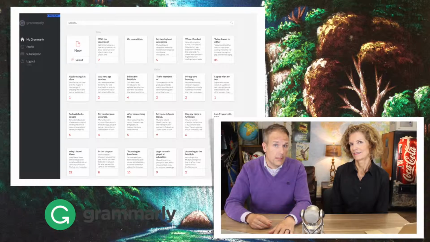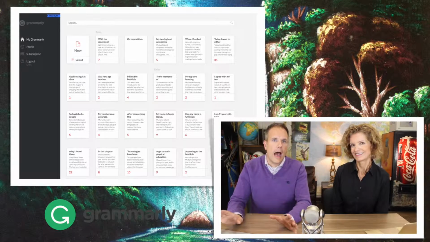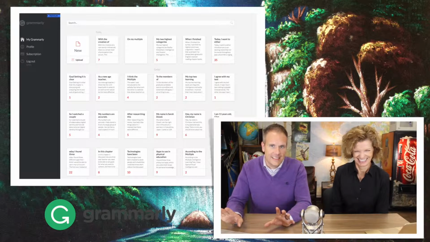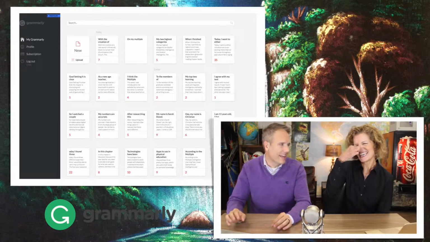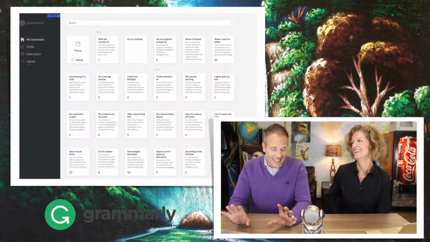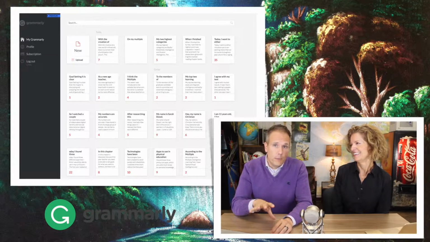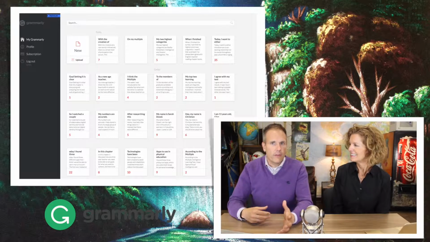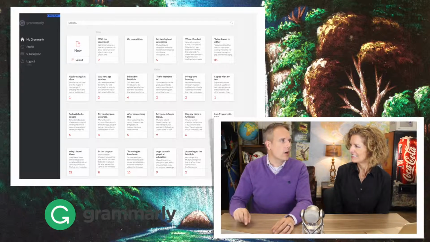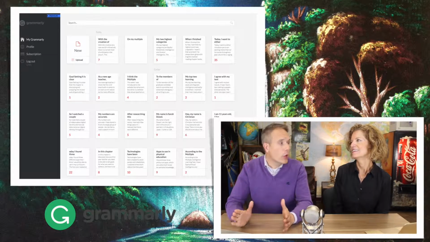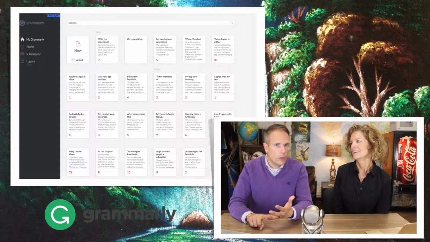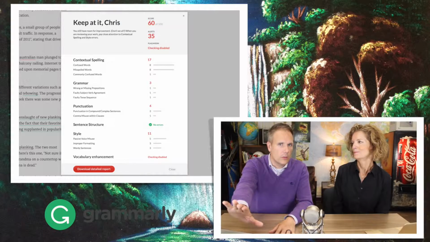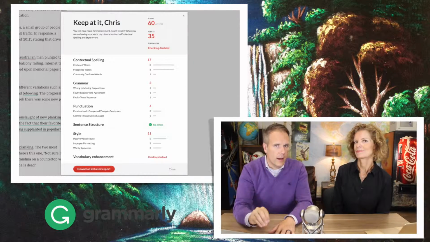Your student sends in something to you, and it is just a hot mess. A hot Internet Explorer mess. Yeah, I said that browser name again. It's stinky, right? And yes, it is. And you either paste in or upload that document. Then it tells you everything that's wrong with it, gives it a score. You can click on that score and download a PDF with everything that's wrong with it and suggestions for how to fix it and send it to said student. You will spend so much less time.